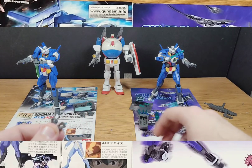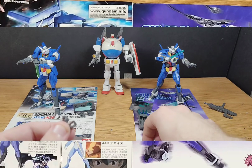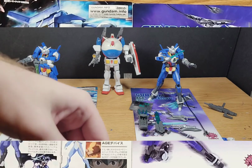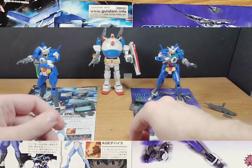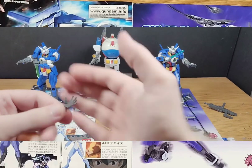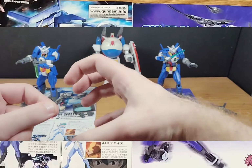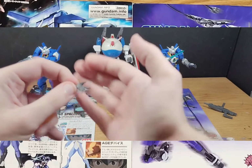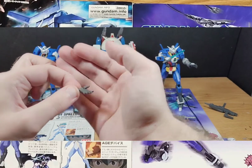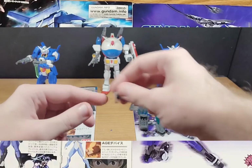Let's see if I'm right. Make a mistake here. Yeah. Oh, yeah, that's right. There's left. This is two lefts. You get one open hand that has more of a claw look in comparison, because it's on an angle for this one, as you can see. But you do get standard ones too,